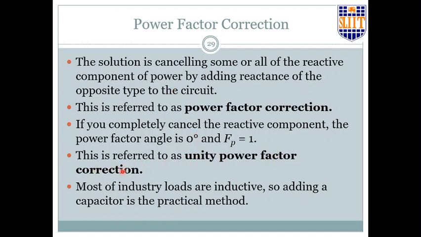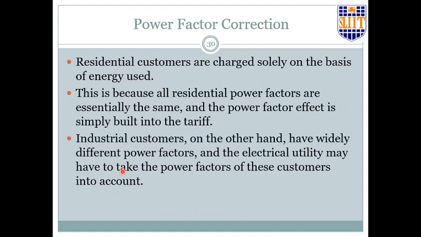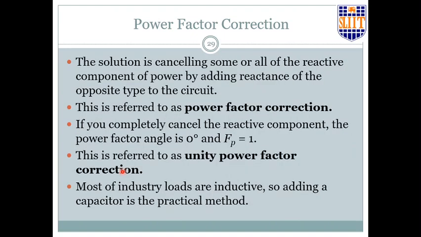That means you cancel out the entire amount of reactive power, so you get only active power remaining. How can you do that? Before we see how we can achieve power factor correction,